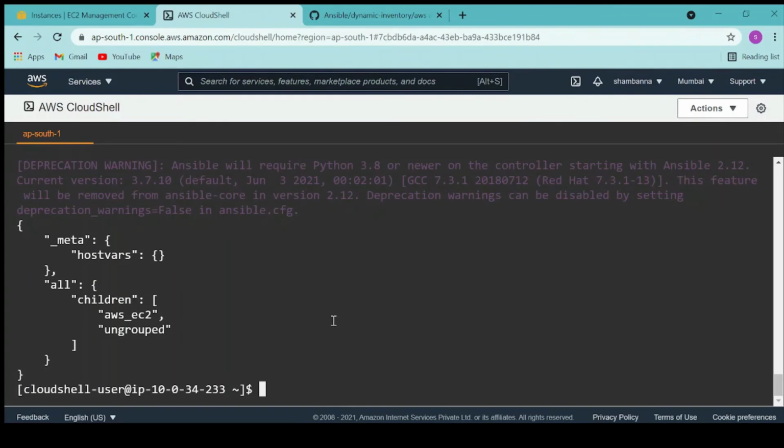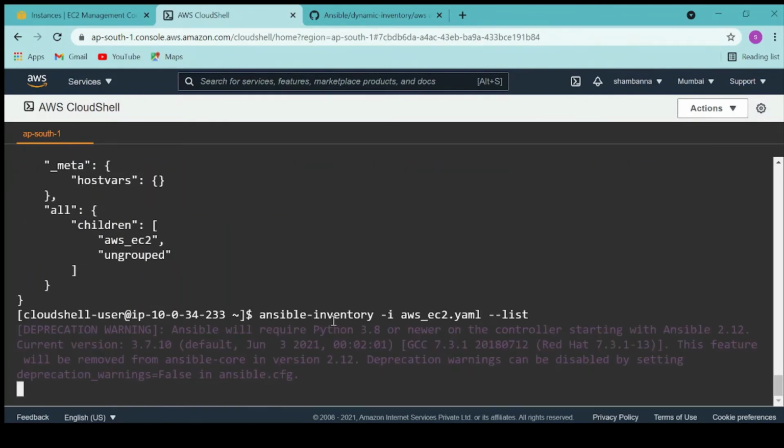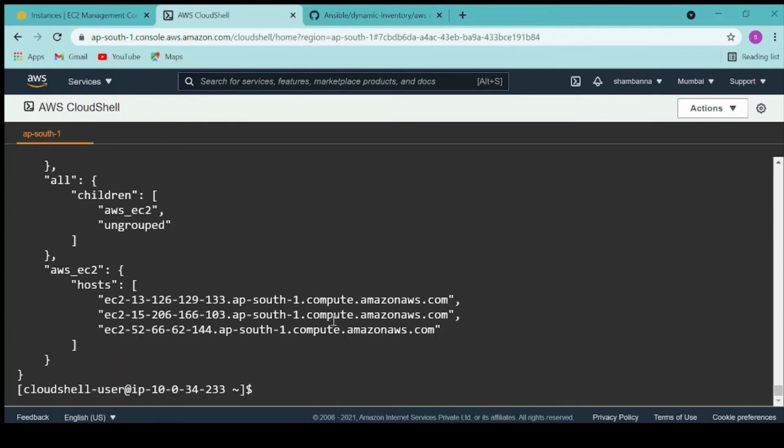Okay, those servers are up now. Let's run this command. So I am able to get these 3 computes which I have created. So my inventory file is working.